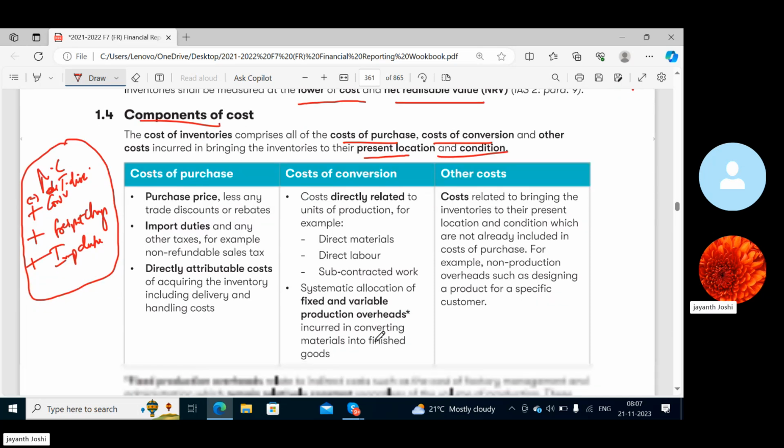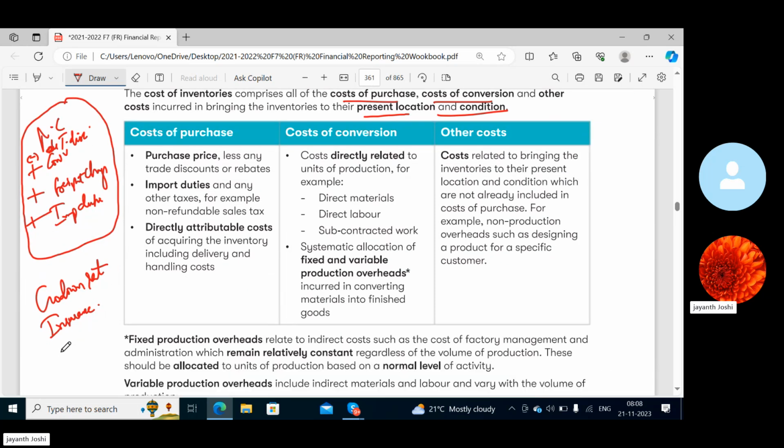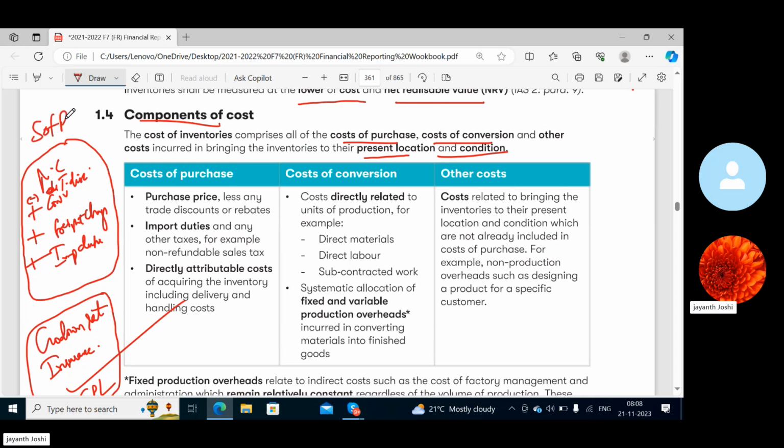Then whatever the aftermath expenses like go down rent, salaries, insurance of the goods which you are holding, and the salary to the go down in charge. Okay, and all these expenses are aftermath, recurring nature expenses, not spent once but spent very often. So all these are expensed, shown in SOPL. Okay, the others are added to the inventory and shown in SOFP. Right now,